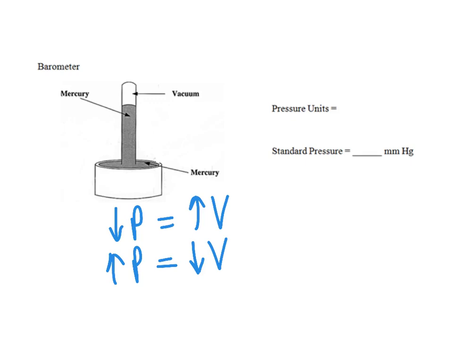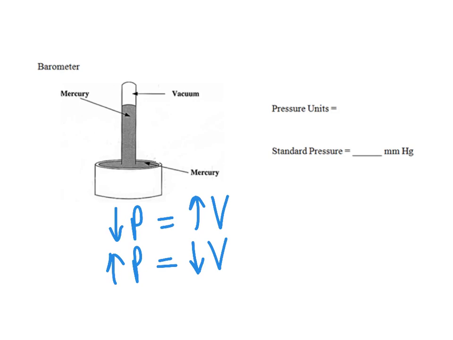In real life, when the hurricanes are coming in and they say the pressure is dropping, normally when storms come in, the storm is really just a lot of air and moisture. And so as it comes closer to where you are, it's pulling a lot of the air out into the storm. The storm is growing. So some of the air gets pulled out. So you're going to see a barometer drop.